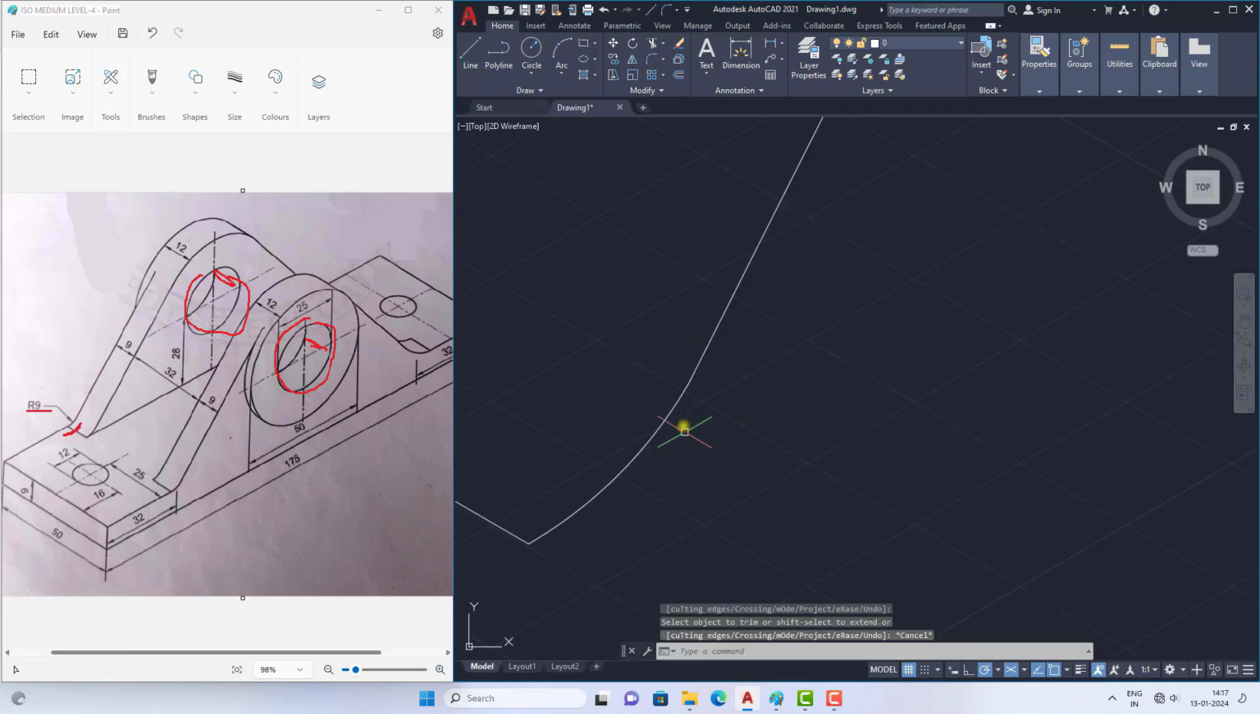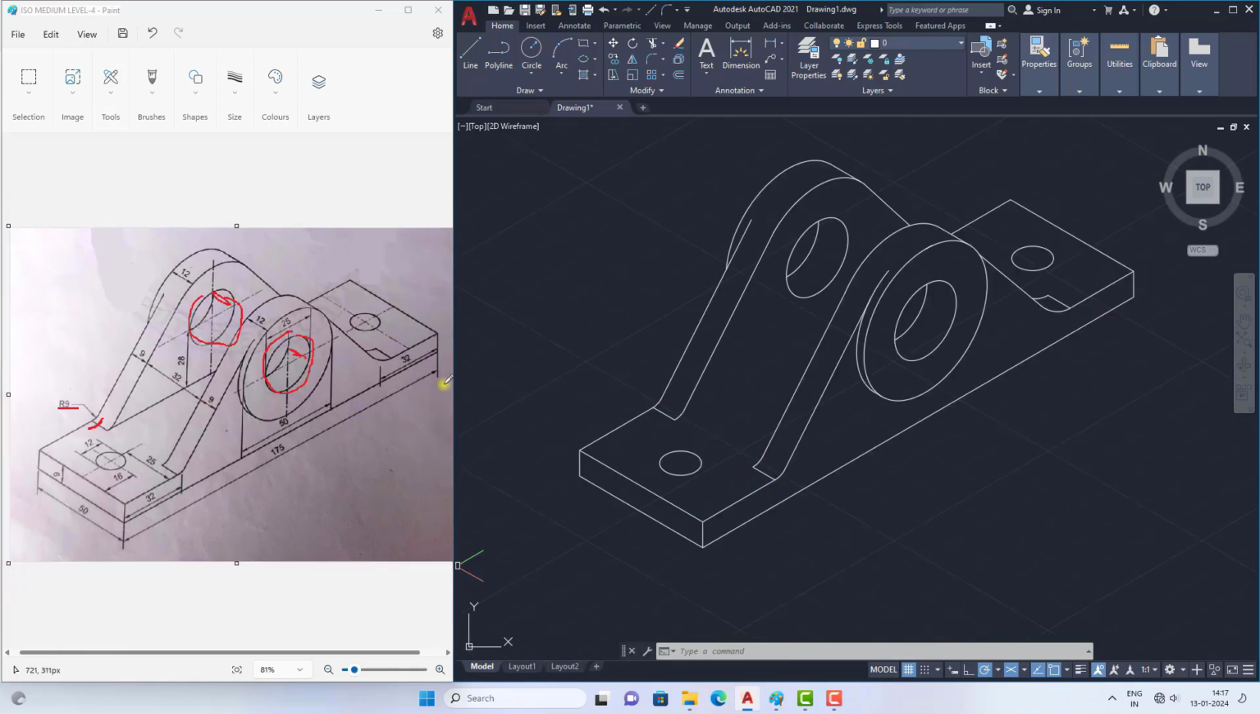So now this is the actual profile I am getting. So it looks like this, and we need to represent the center lines also. So for that I am selecting the line command, and I am drawing a line by tracking the center point. So to a distance of,